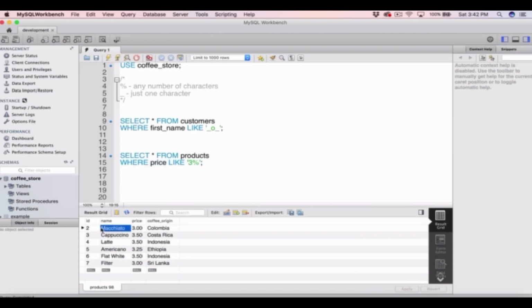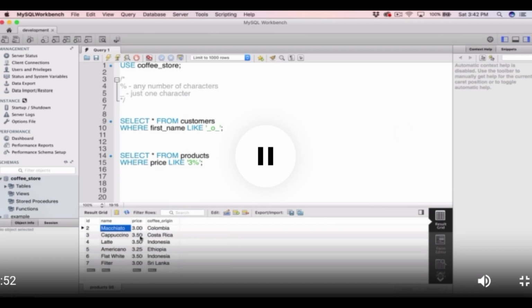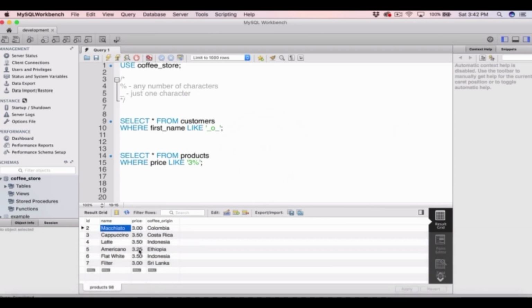So it's got rid of the espresso, which was ID 1 and a price of 2.5. But it's returned 3.00, 3.5, 3.25. So that was where the price column started with a 3 and was followed by any number of characters, so 3.00, 3.50. So this is how we use like within a where clause when we're trying to match patterns of data. And we can use the percentage sign